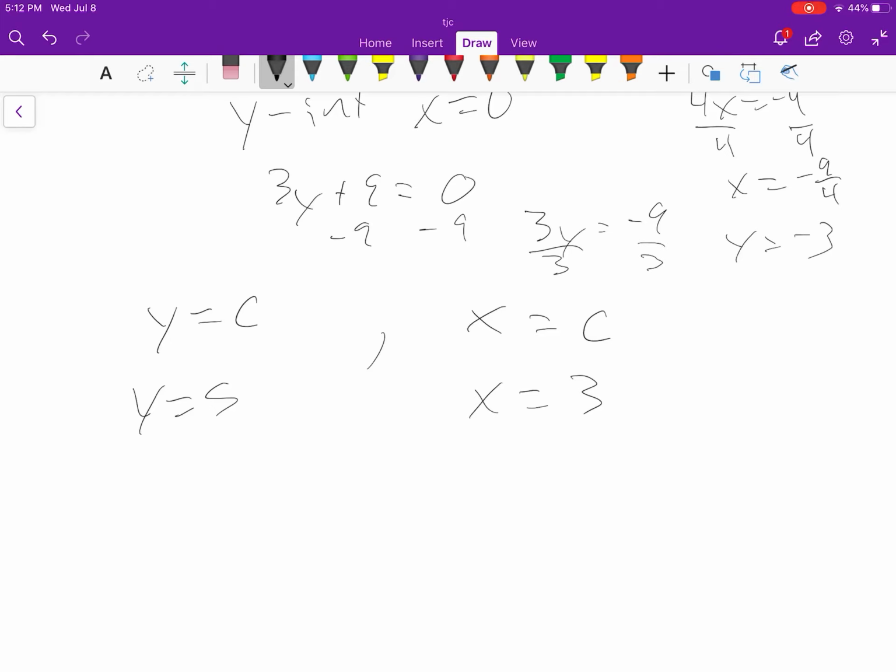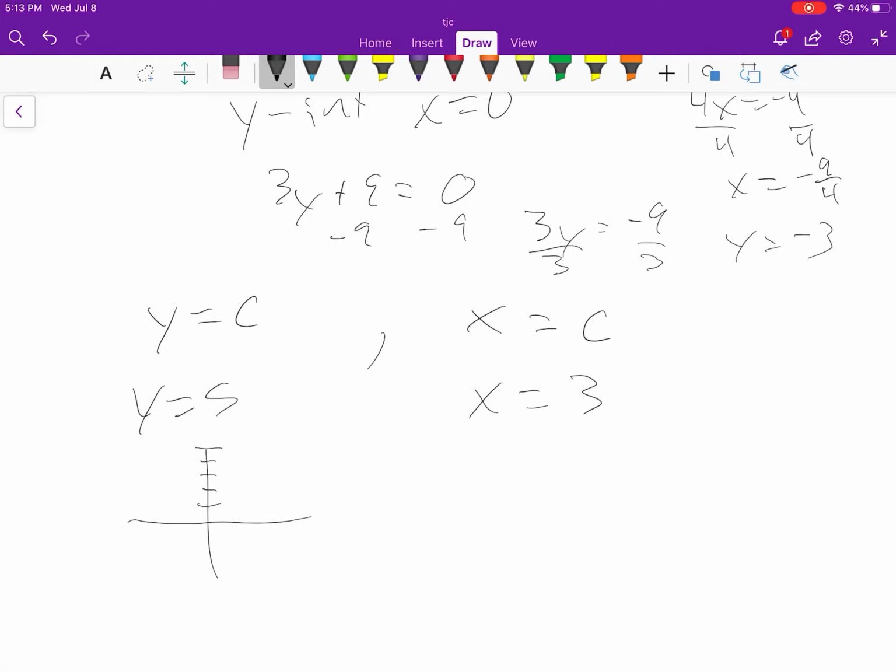This y equals c is a horizontal line at c. It's saying y equals some constant. So in this example, y equals 5. That means y is always 5, no matter what x is. X could be 2, 0, 1, negative 3, negative a million. Y is always 5. So when you graph that,